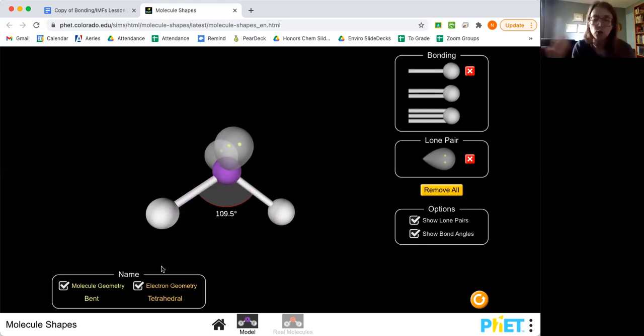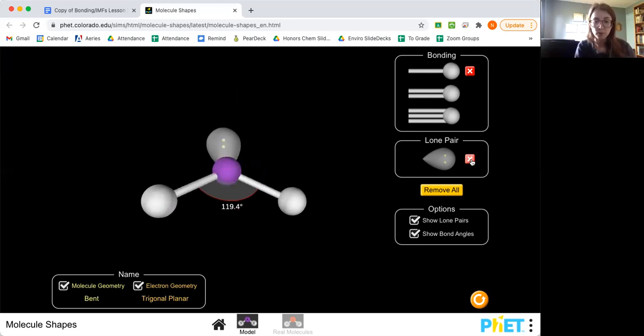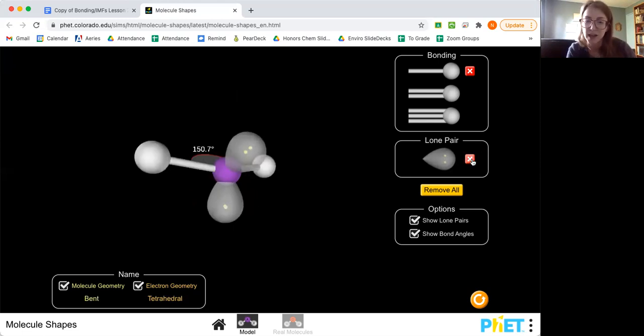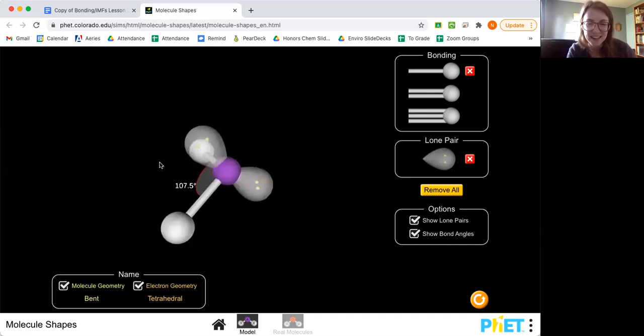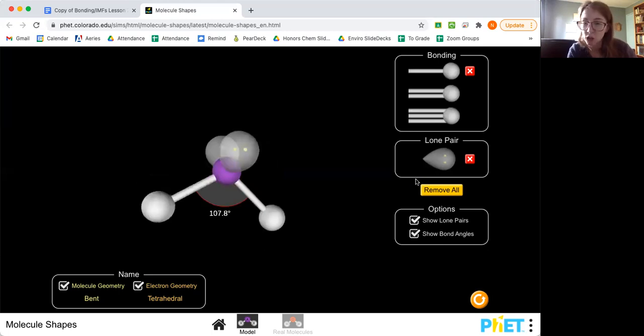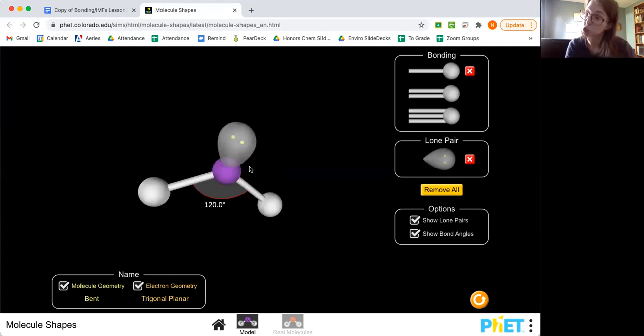So I think one of the other questions gets at this. If we only had 1 lone pair, see how the shape didn't change much? The angle changed slightly, but between, let me re-rotate it, when we had this bent structure that was based off tetrahedral versus the bent structure that's short a lone pair,